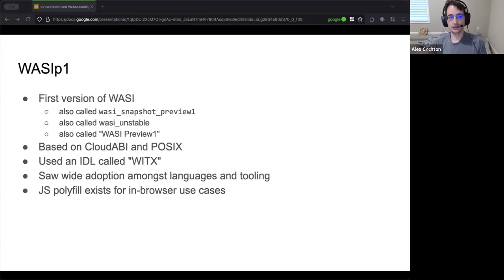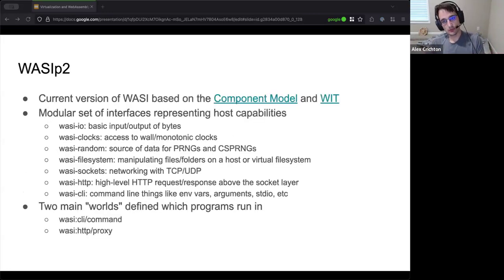So this all started historically with what we now call WASI P1. There are a few other names for this, whatever we figured out to call it over time, but the idea is that this was originally derived from POSIX and Cloud ABI. The idea there was a lot of capability-based security, a lot of POSIX-y looking functions. So you might see references to this, but this is what was originally done. A lot of existing languages do have support for this, but it's considered the historical version at this point. So this is the P1, but there is a P2, which is the newer version, or what the WASI group is now working on today.